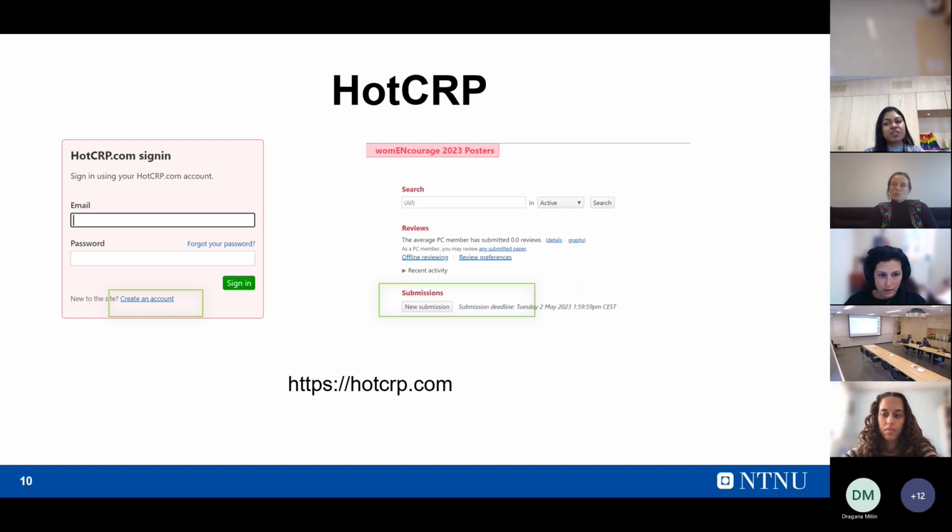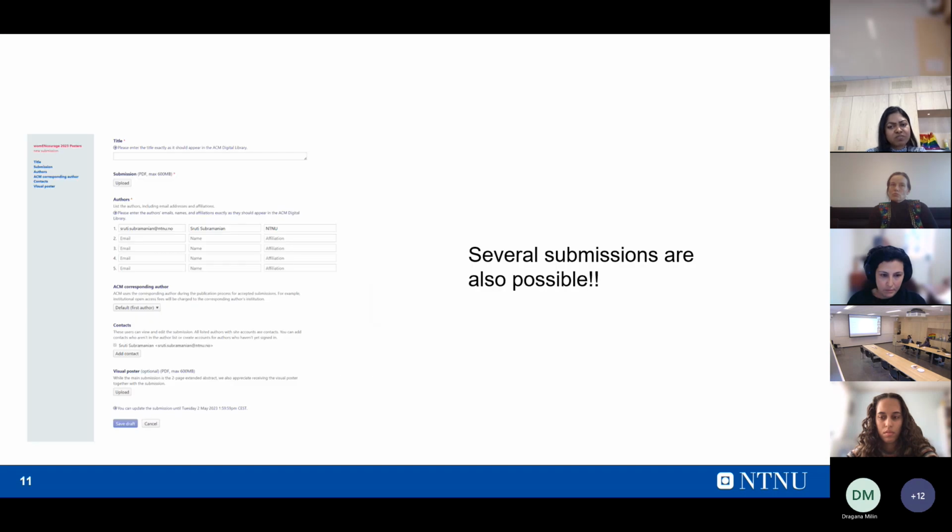Once you have written a winning submission, what's next? Next is the actual submission process. For the conference, we're using the HotCRP submission portal. In the following slides, I'll quickly walk through the various steps involved in creating a submission. As a new user, you will initially be required to create an account. Once you're logged in and on your welcome page, at the bottom you will see a submission section where you will be able to click on the new submission button. Doing so, you will be taken to the next web page.